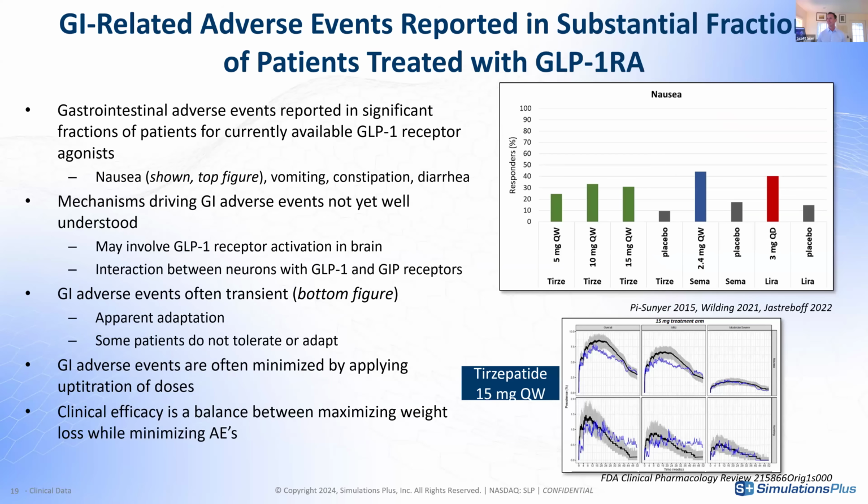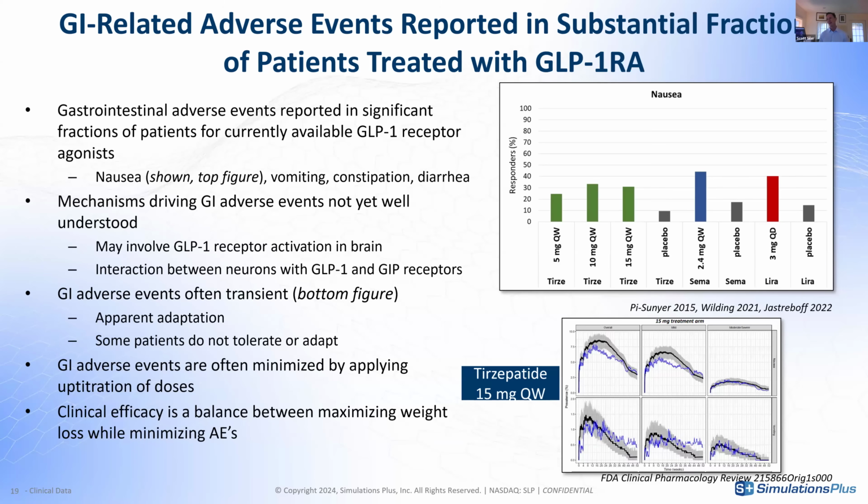Okay, then on to the next, which is the nausea incidence. And as I verbally referred to in the previous slide, there is certainly a relatively high response rate for the incidence of nausea in these clinical trials. And so you can see that in the figure summarizing the responses for tirzepatide, semaglutide,